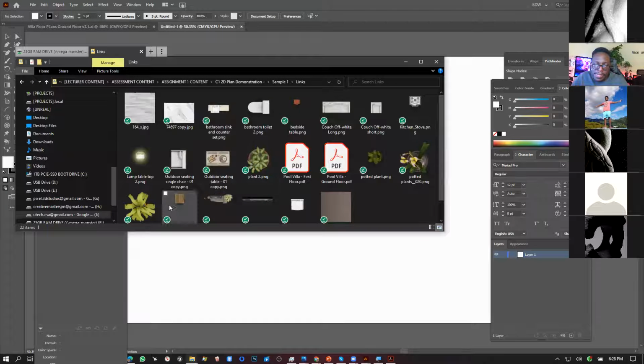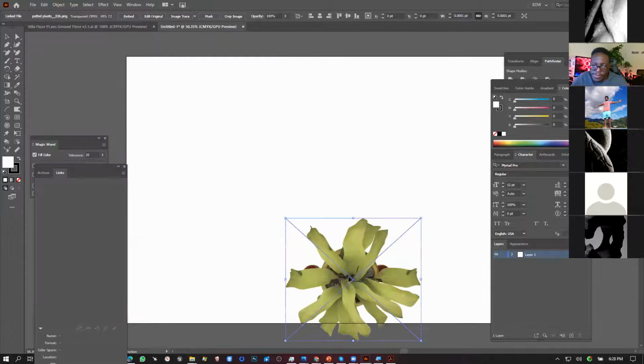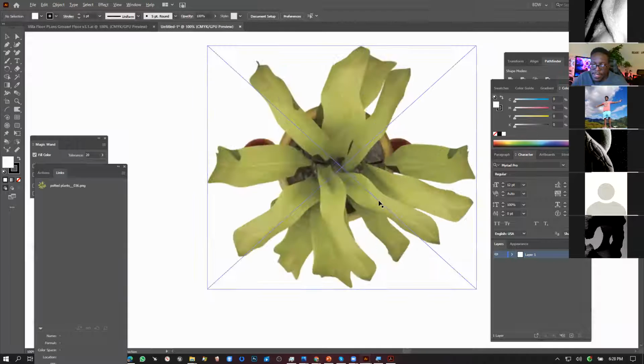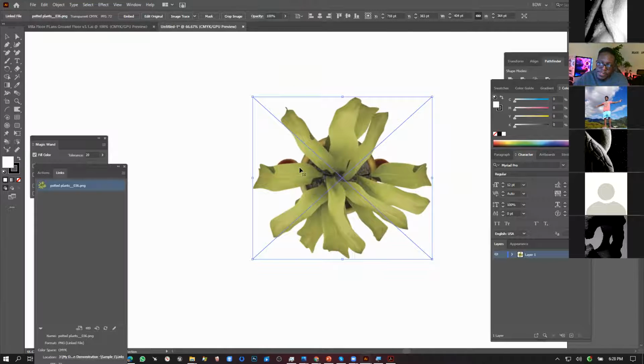So like this plant that we saw earlier. Well, let's drag it out into Illustrator. And notice that in Illustrator, by default, you have this X here. And this is what this does. It really stores a link to that file. So therefore,